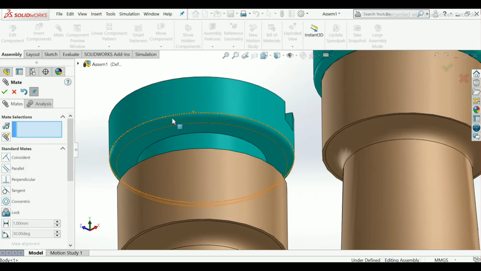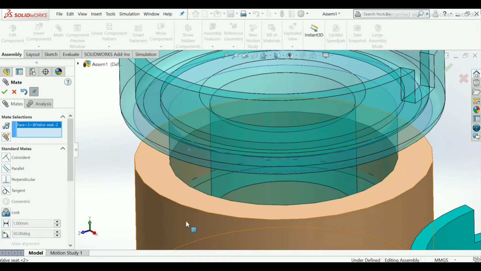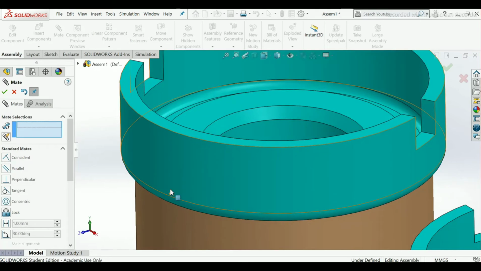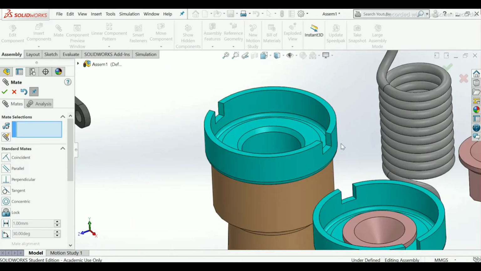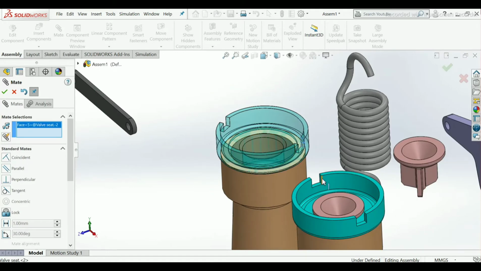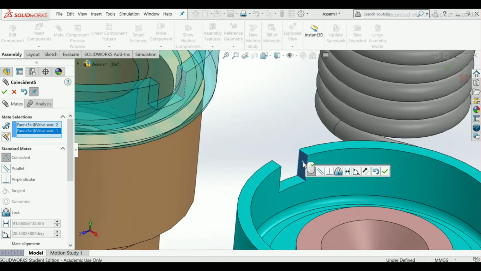Now go on the bottom side, select this face and this, coincident, add finish. Now here select this face and this face, coincident, add finished.